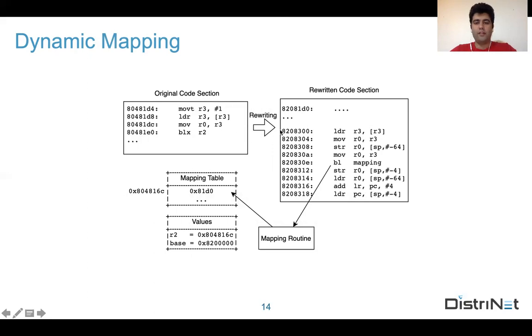And after rewriting that, we replace this branch instruction with a jump to the mapping routine, and in the mapping routine we try to find the corresponding address to the old address in the new code section, and after that we jump to this new translated address.